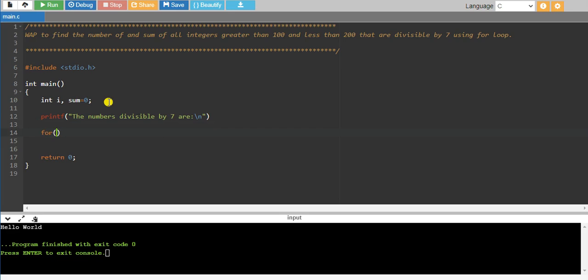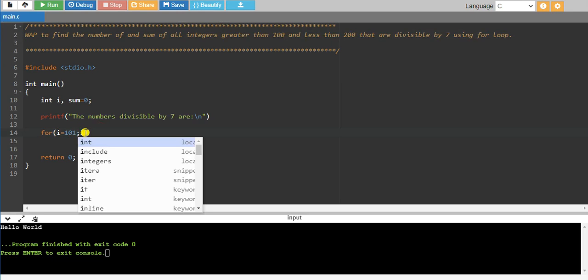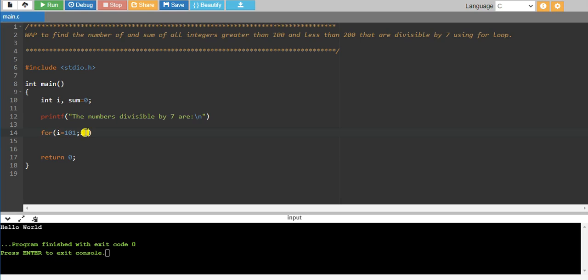For that I'm making use of a for loop here. For i equal to 101, I'm taking because the condition is greater than 100, that is nothing but from 101. Then i less than 200, then i plus plus. So this is our condition.